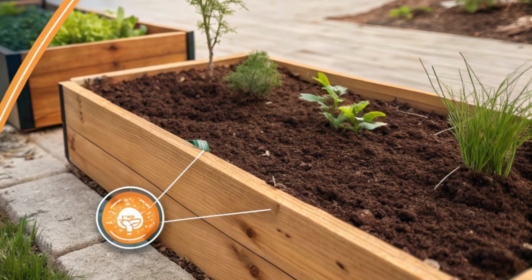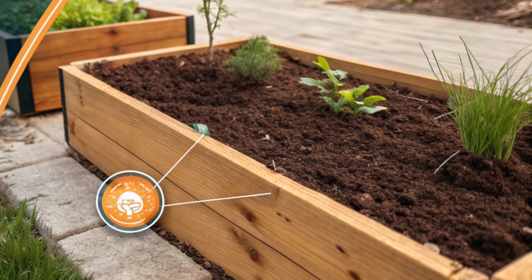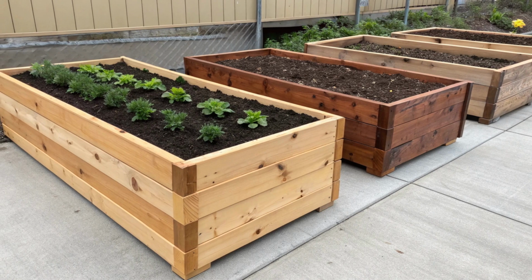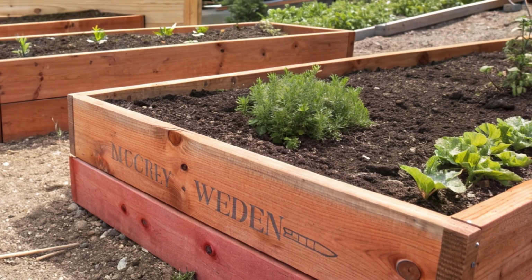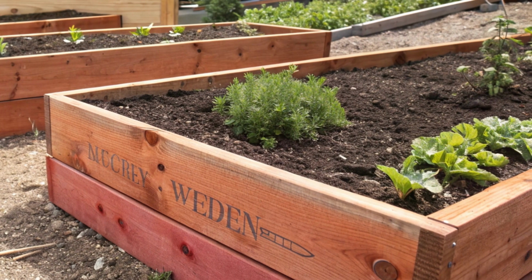maintenance. The natural oils in cedar create a barrier against moisture, which is essential when your garden beds are constantly exposed to watering and weather. Cedar also has excellent insulation properties, helping to regulate soil temperature throughout the growing season. While cedar does come with a higher upfront cost, typically ranging from $3 to $5 per linear foot, the long-term